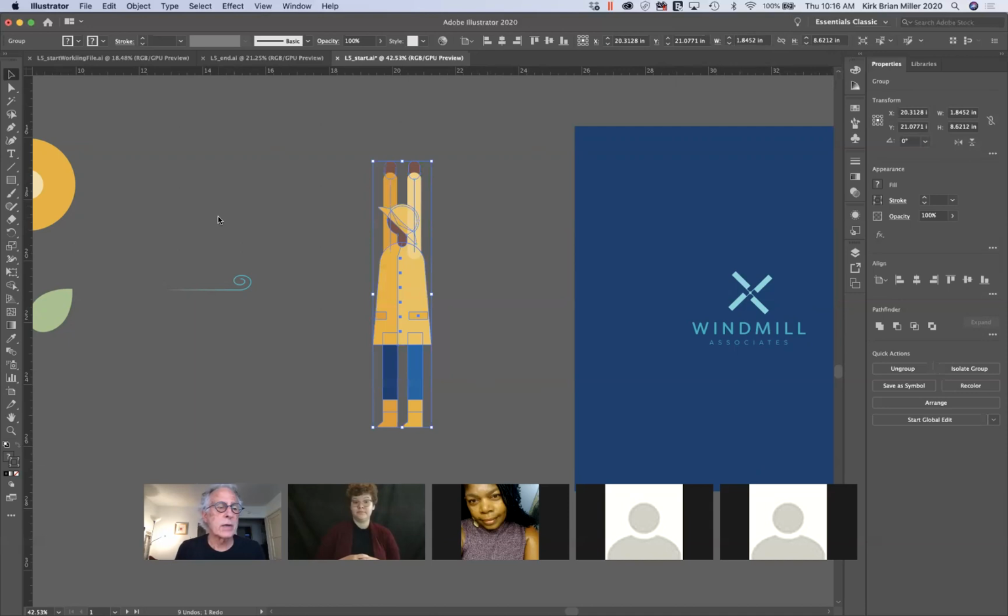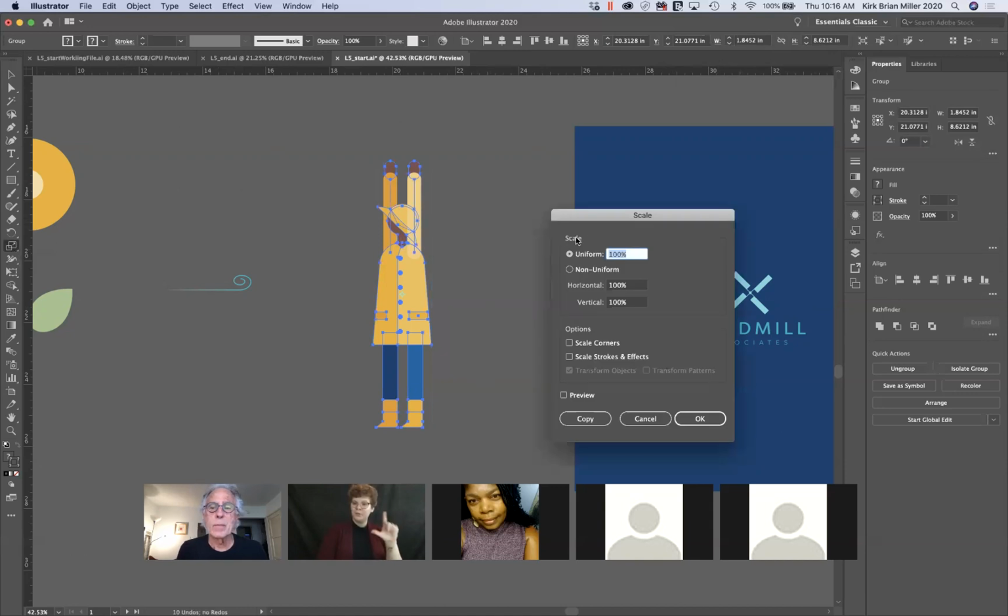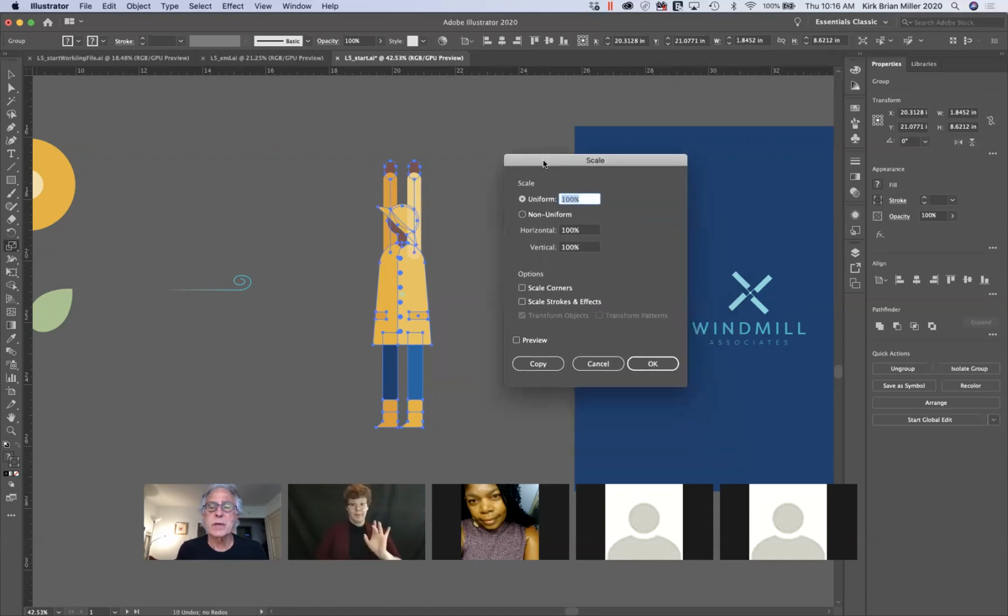Another way to resize it is to use the Scale tool. So if I double click on that, it brings up the Scale tool. And if I want it scaled from the center, I just double click on the tool. I have uniform scaling, and I'm going to go ahead and click 50% because that's the size. You know, I wanted it half the original size. Do I want to scale corners? Do I want to